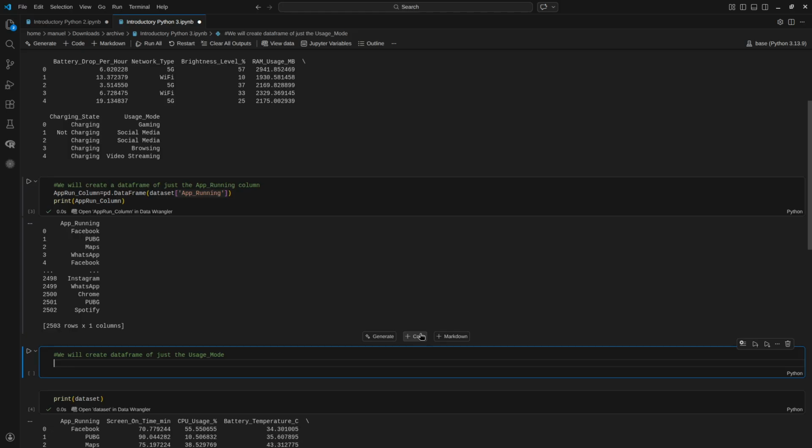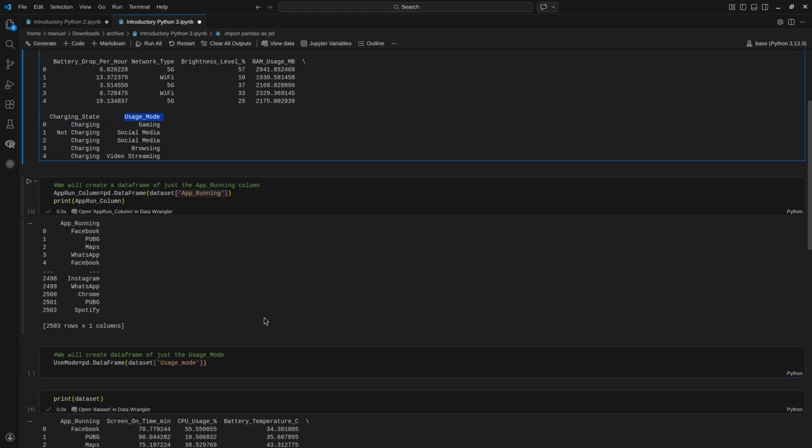So we're going to call it use mode equals pd.DataFrame, dataset, bracket. We're going to see usage mode. We see that's the name, usage mode. So that's what I need to type. Capital M. So we need to use exactly the same capital M,